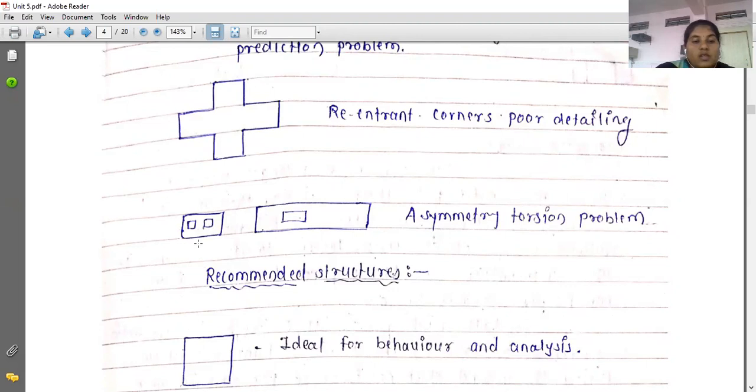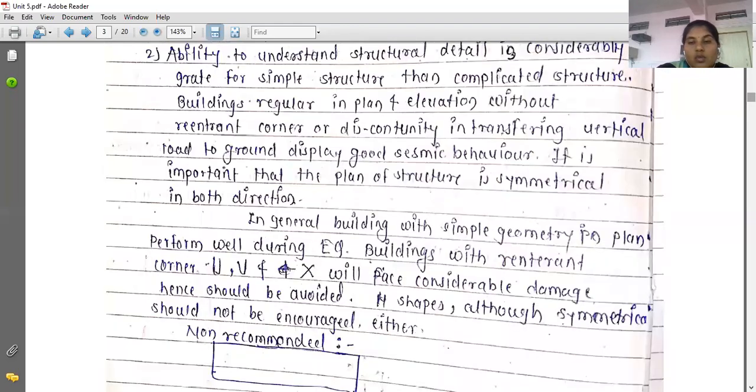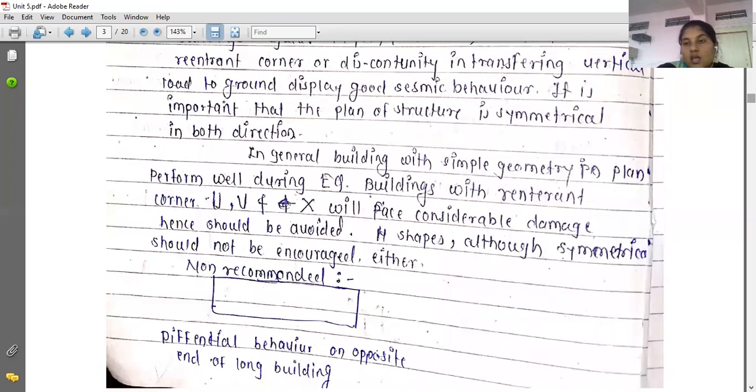Okay, so the next one: you can see such types of buildings that are asymmetrical. There will be torsional problems, and plastic hinges will be produced. So these are not recommended structures while planning an earthquake resistant building. So I request all of you to please draw all these diagrams, so you can understand the simplicity and the symmetry